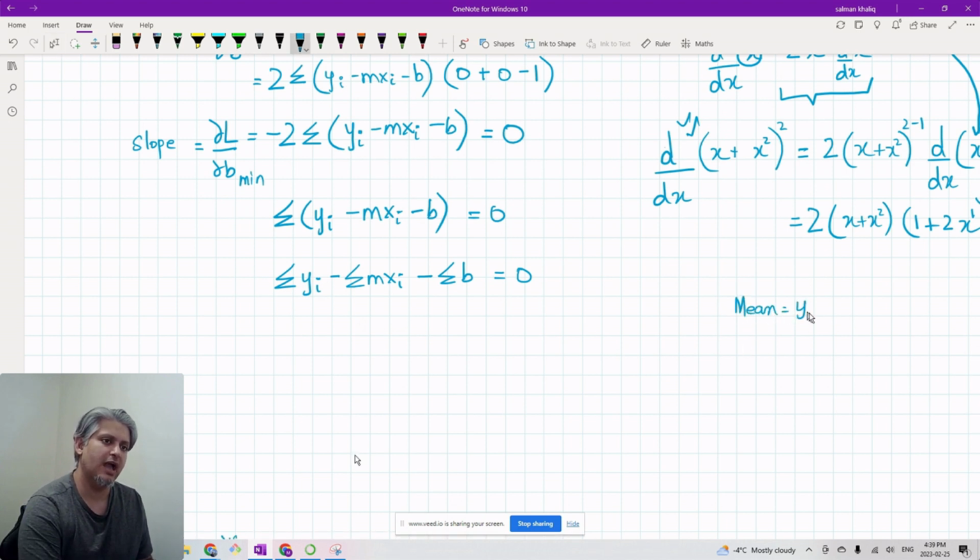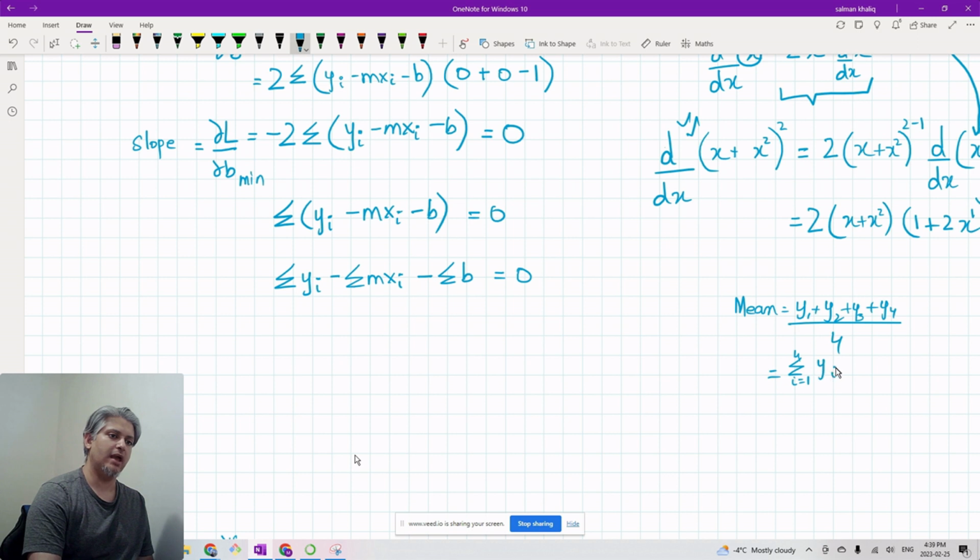You add y1 plus y2 plus y3 plus y4. How many values did I add? 4, divided by 4. Another way to write it is the summation from i equals 1 till 4 of yi, divided by 4. You can see this summation sign is there, which means my i values are going from 1 to n. If I divide every number by n,